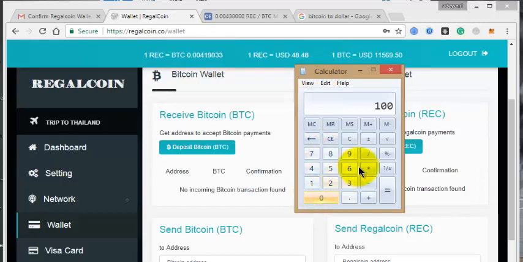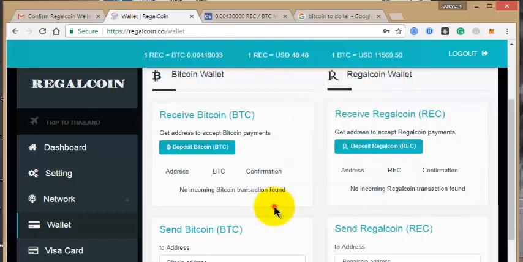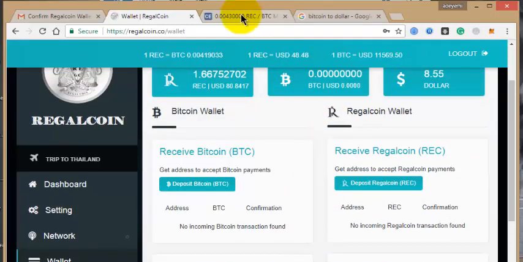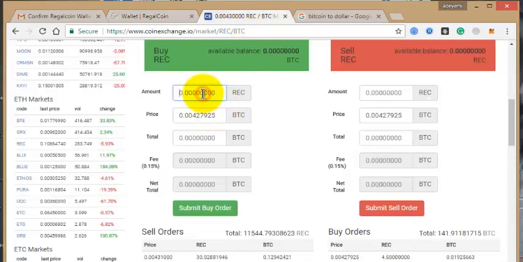So 100 divided by 48.48, that is the current price. It means you want to buy 2.07 of Rega coin. So you need to go back here. It means you want to buy 2.07 of Rega coin.